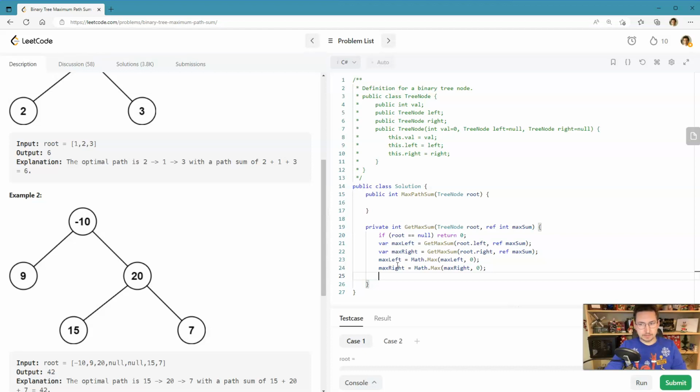Okay, and what now? So now we will update our max sum, and our max sum can be calculated from this current point, like this. Max current can be max left, which is already zeroed if it's negative, plus max right, which is